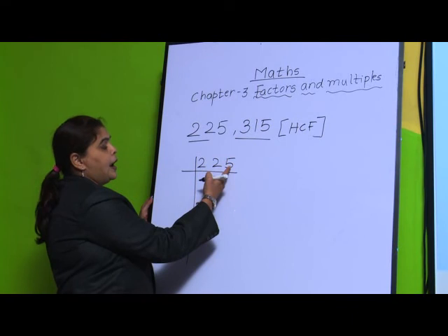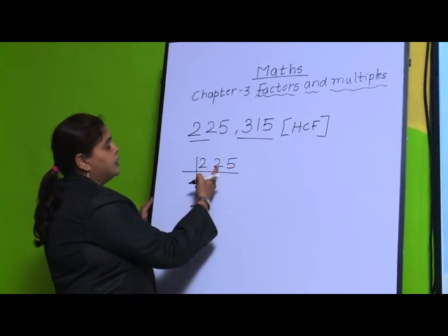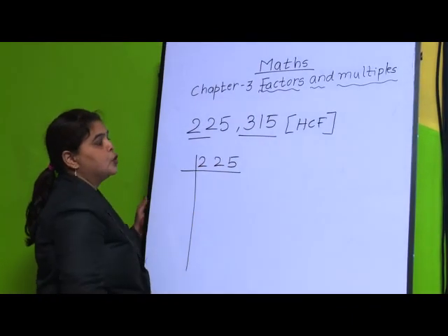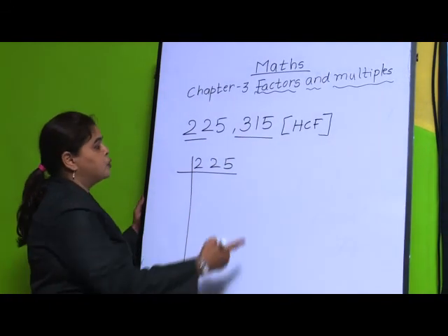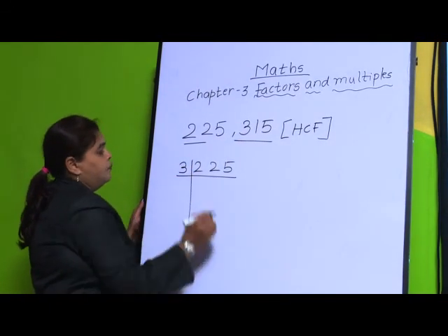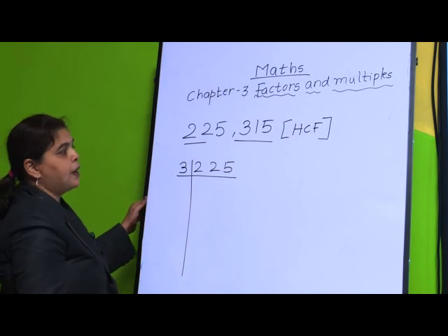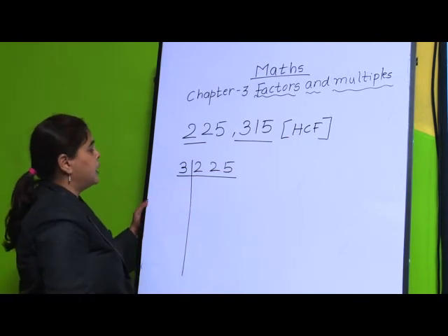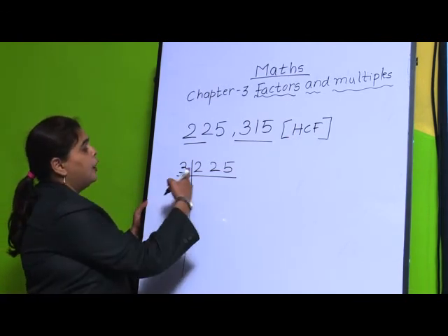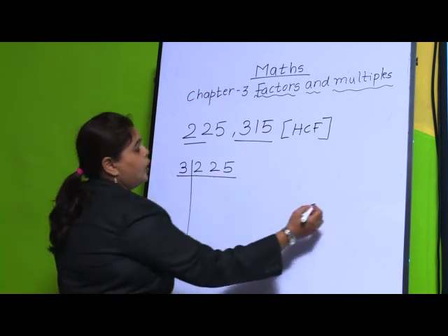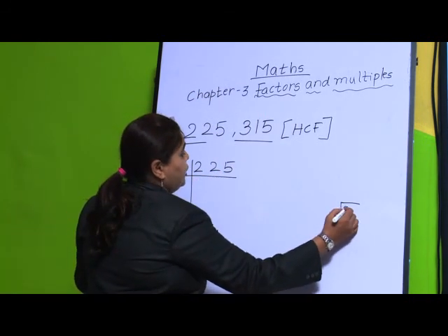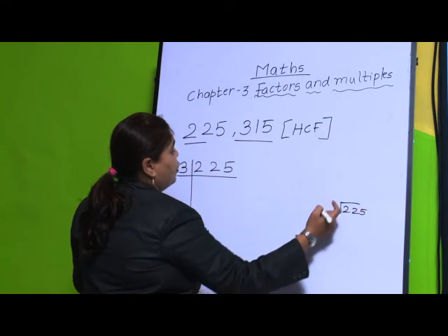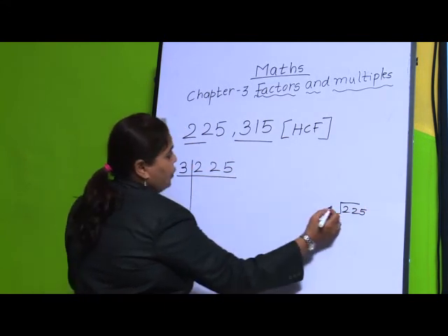Means we have to add in the mind, 5 plus 2 is 7, plus 2 is 9. So, 9 is a multiple of 3. So, we can start with 3. 3 is a prime number. We are starting with 3 and we will find out the factors of this large number. I told you practically you can do the division and you can write what you are getting in the quotient here.